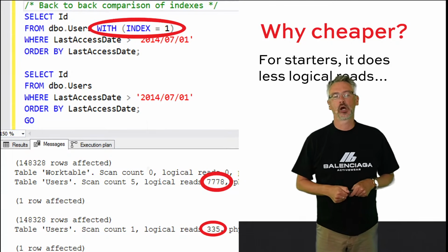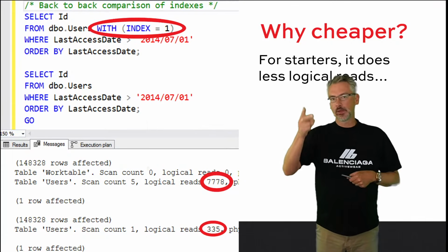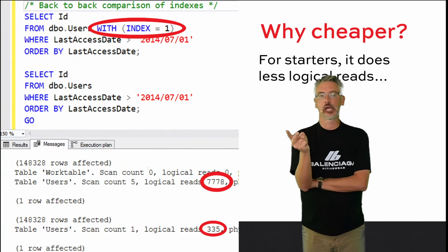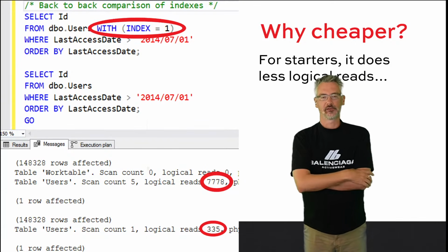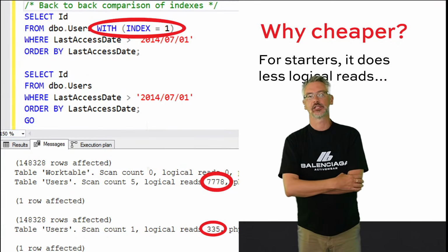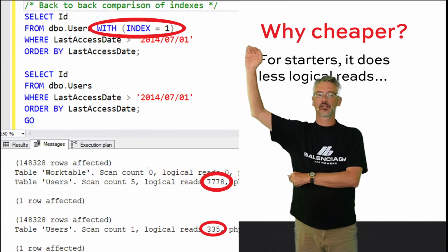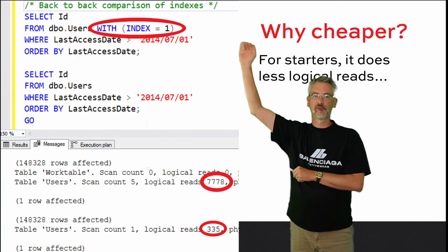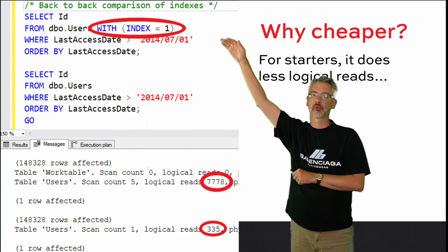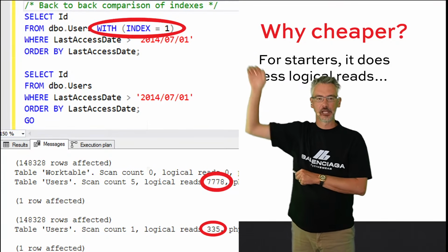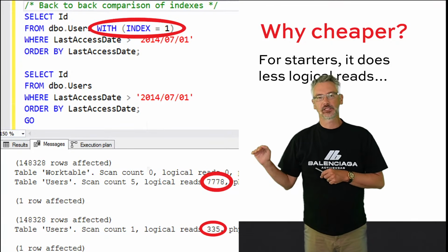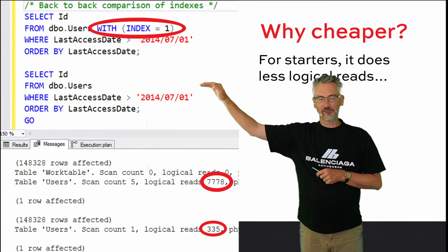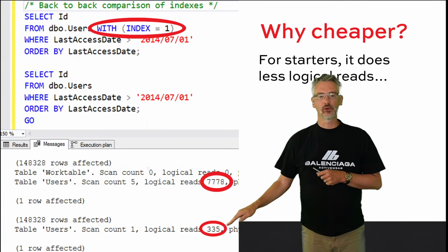So why is this query cheaper? Why is the query bucks cost so much lower? Well, you remember I said that there were two parts to query bucks. One was CPU and one was I/O. It's kind of intuitive that indexes help you read less data. If I compare these two queries, the top one says with index equals 1, which means the clustered index of the table. I am forcing SQL Server to scan the entire table like it did before it had the index. Before the days of the index, we read about 8,000 logical reads, about 8,000 pieces of paper. But then when we have the index and we let SQL Server choose it, it reads way less data because